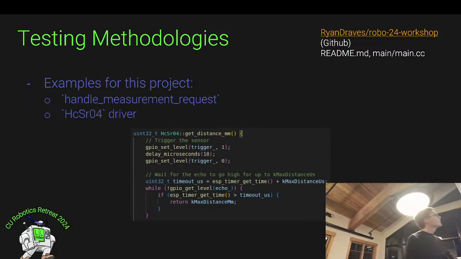So if we look at some of the driver code that's there for the naive driver that I wrote, you can see that these are calling ESP32 library-specific things. I have this GPIO set level. I have this timer get time function and whatnot. But really, this driver shouldn't know how to do these things, right? The sensor is not specific to the ESP32. You can plug it into any microcontroller, any system or whatnot. It's not tied to that. But this driver is tied to that, and you can only compile it for this system. If we abstract that, though, that's when we can have this better separation of concerns.